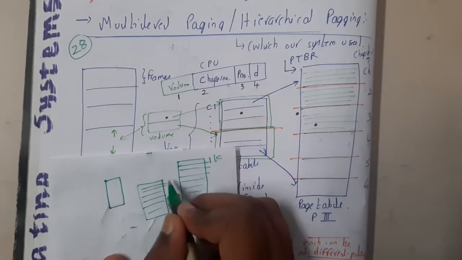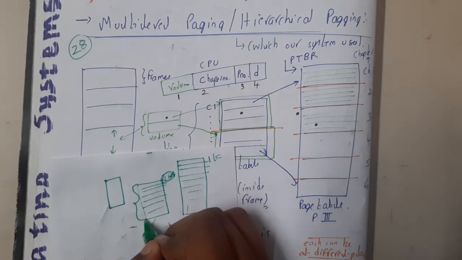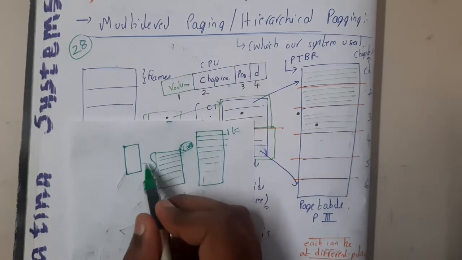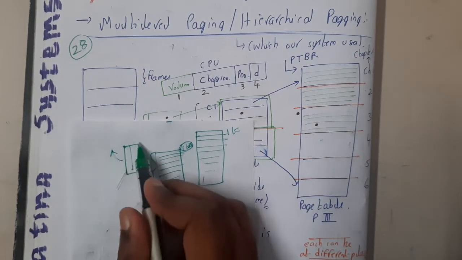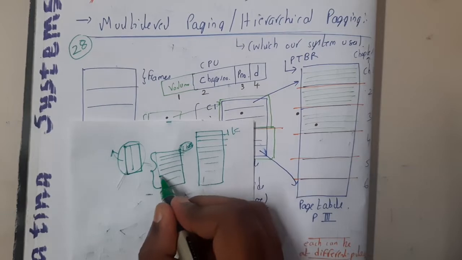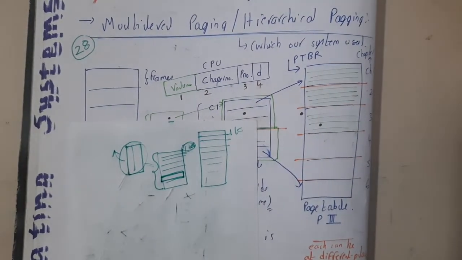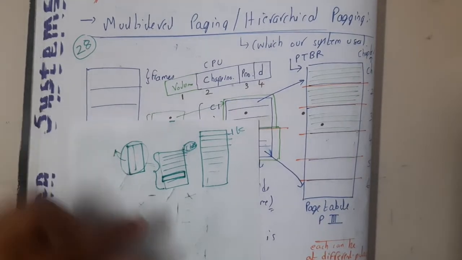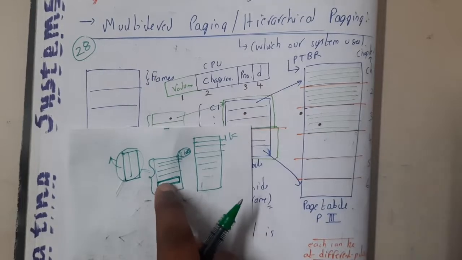Assume that these 1 KB slots are given, and there are a lot of them, because of which the page table size has become larger, and this page table cannot fit in a single slot. If you recall, I clearly told you that the page table will also fit in a single slot, but due to this high size it is not able to fit.